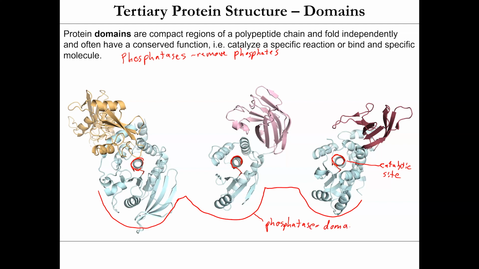So these are the phosphatase domains. And so each of these proteins do the same thing. They have a very similar fold in this domain that folds independently from the rest of the protein and has that catalytic site, and they all remove phosphate groups from different molecules. Now, you'll also notice that there's an additional domain on each of these proteins located right next to the phosphatase domain. So in this protein here,